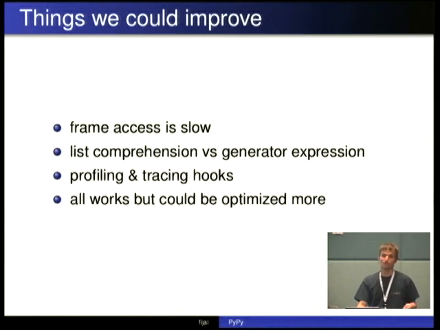Things we could improve but didn't get to: frame access aborts the JIT. Not that we cannot compile it, but because the assembler suddenly gets huge. Right now, frame access works completely, so you can run PDB and everything, but it completely aborts the JITting. For example, sys.exc_info is going to completely abort the JIT because it has to look for things in strange places, and the JIT does not care for that.